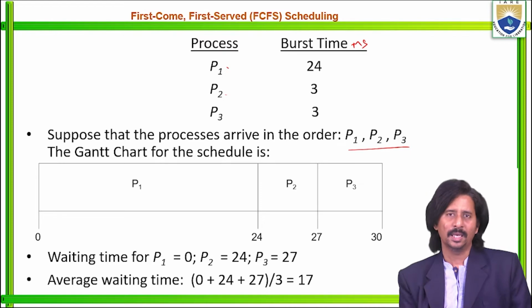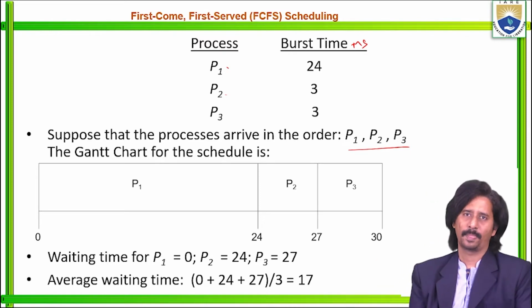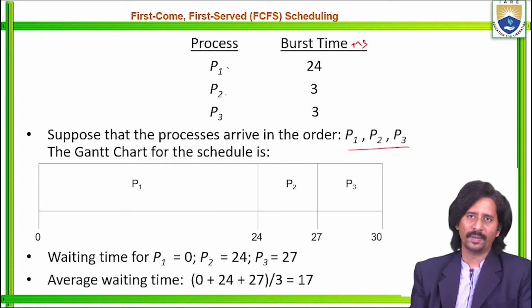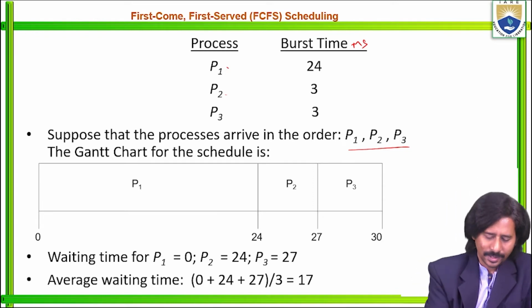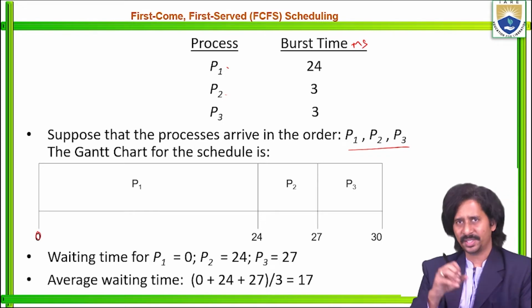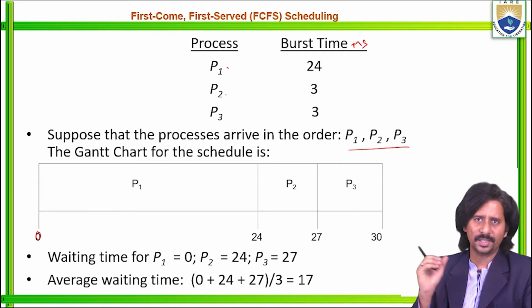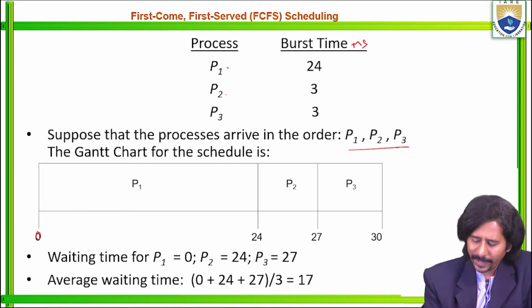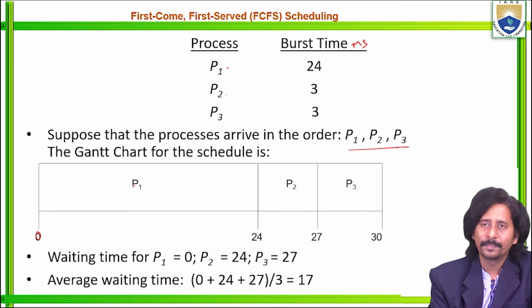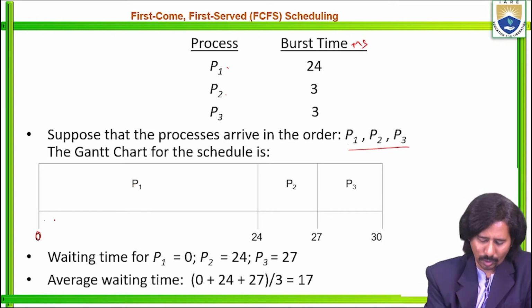According to the algorithm, at the 0th millisecond the processor starts execution. Who is the first process to enter the ready queue? P1. How much time does it take to execute? 24 milliseconds, so 0 to